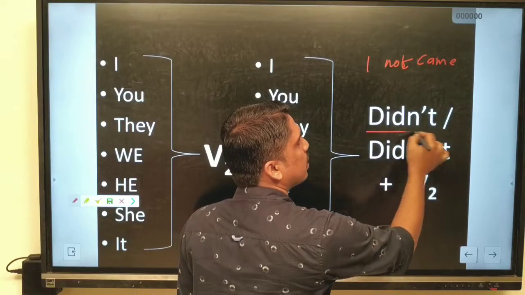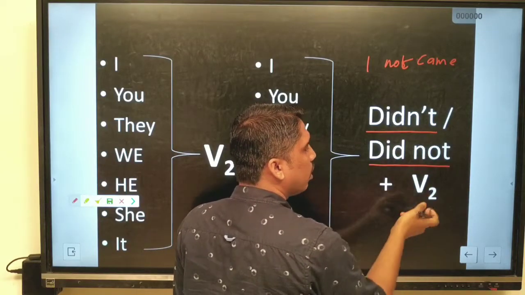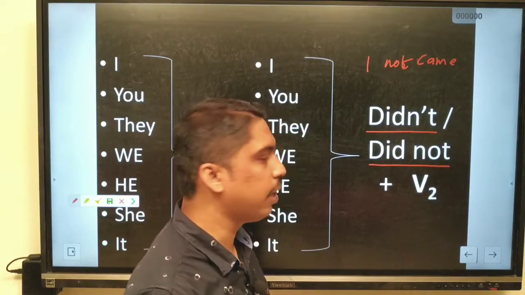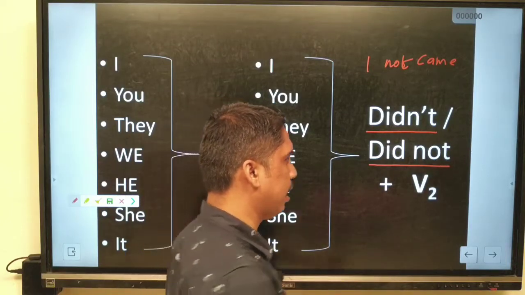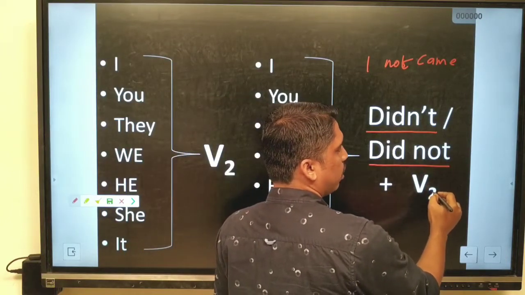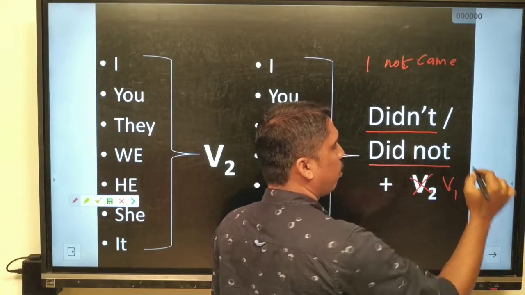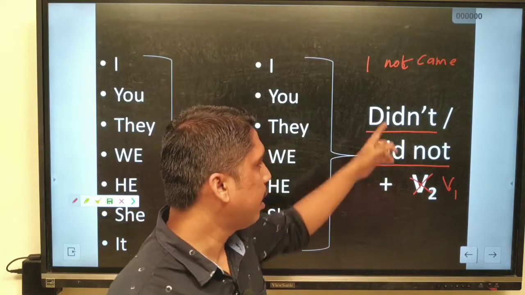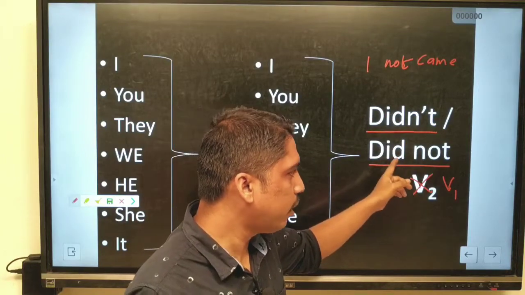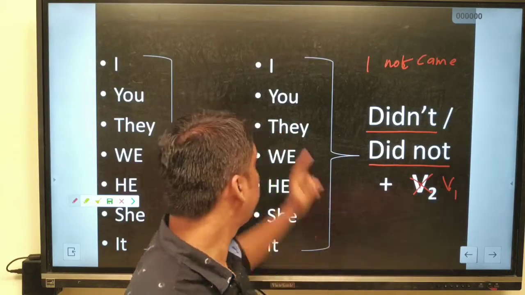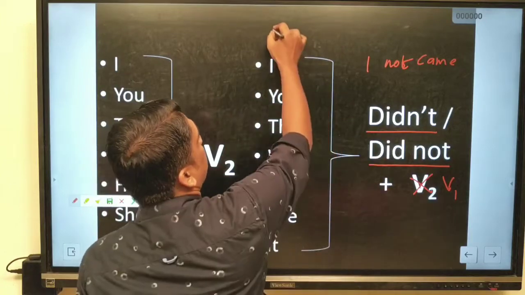We have to use didn't or did not before that verb. Sorry, here it is wrong. Here it is not verb 2. We have to use verb 1. Okay, didn't or did not plus verb 1. That is the negative form of